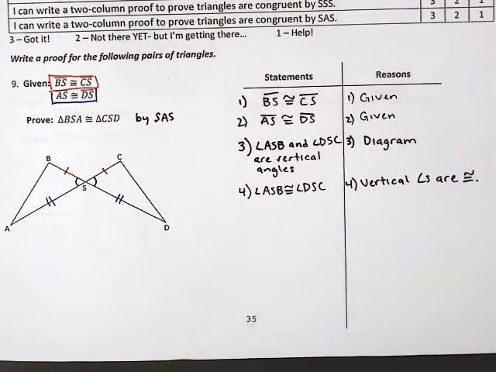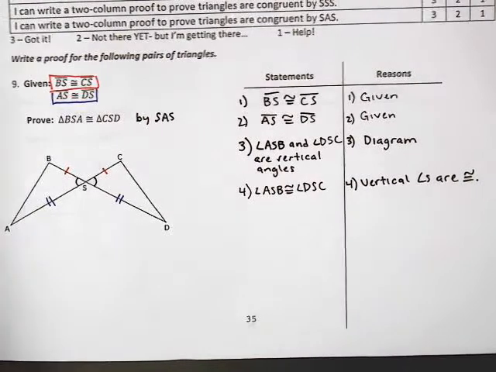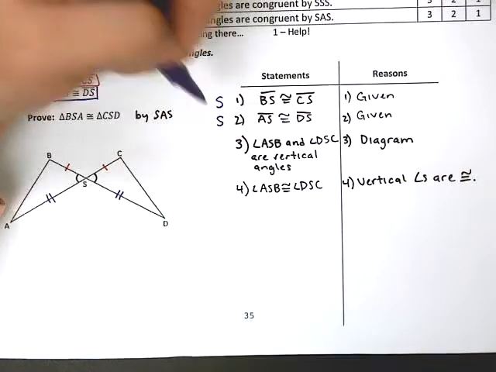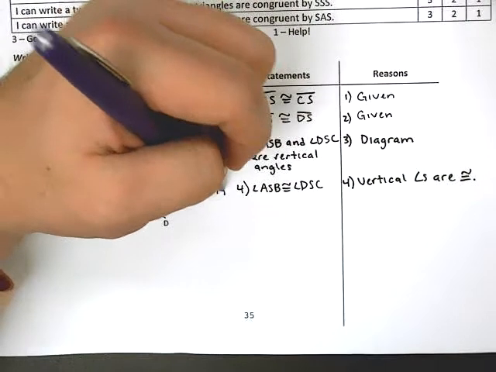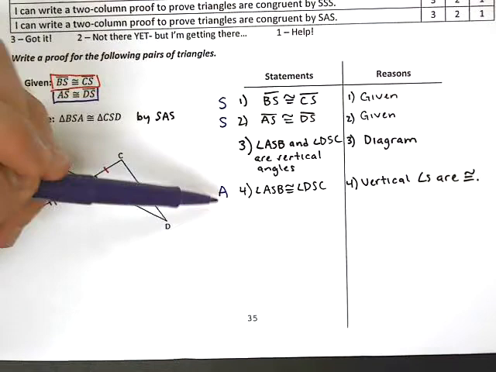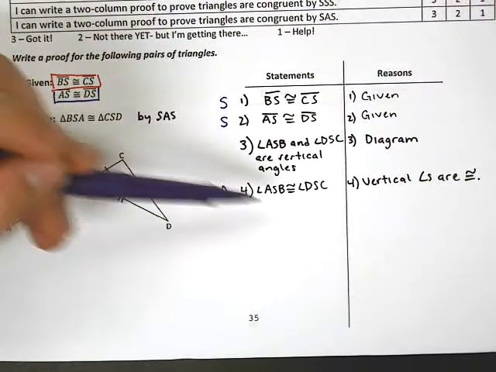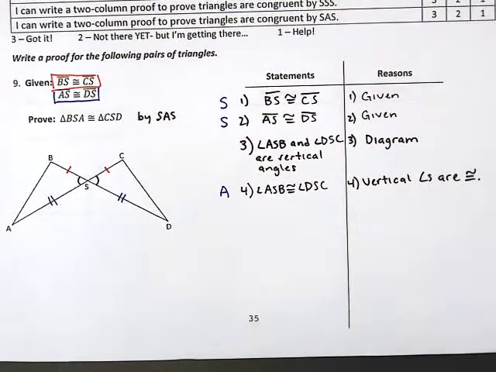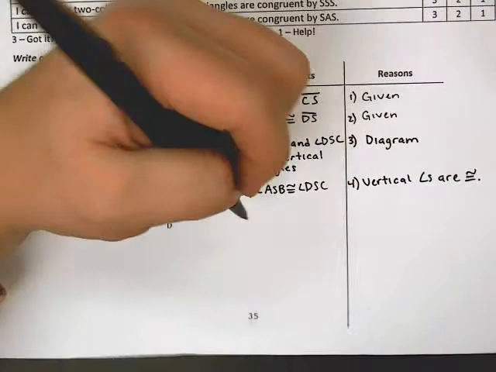And one thing I should have done, I'm sorry, I'm going to also be marking my piece. So I know that this was a side, and this was a side, and now I have this A here because those were my angles. So if you notice, I have the 3 things that I need in my statements to prove SAS. So that tells me that I'm ready to go. That tells me that I'm ready to finish my proof by saying,